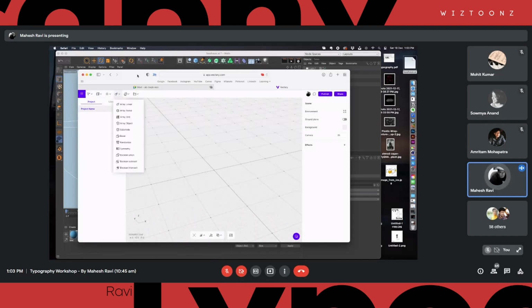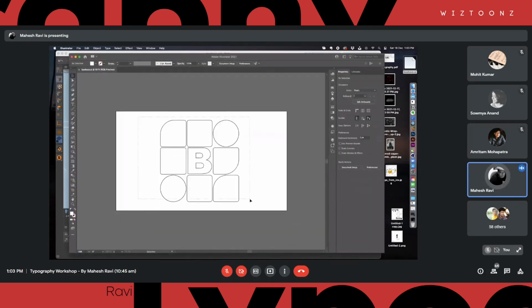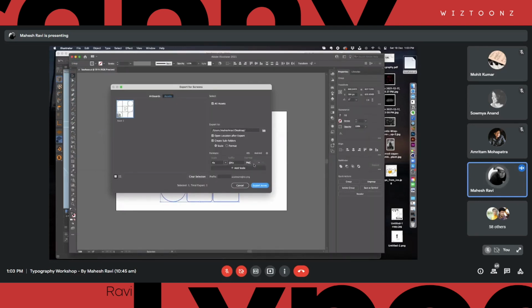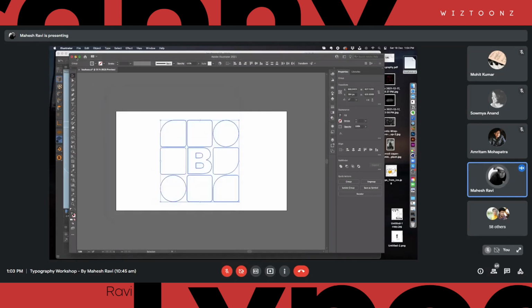You will not be able to directly import an AI file, but if you go to AI, and let's say that you're selecting the whole thing, go to File, Export Selection, and you want to export it as an SVG object right there. So this particular object, you're exporting it as an SVG. And I think it is exported to SVG right there on our desktop, right?